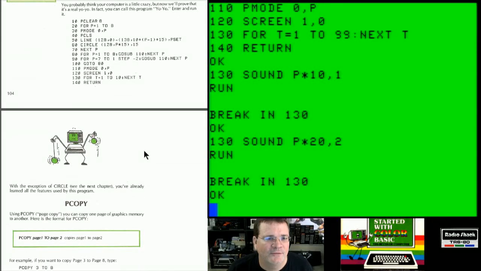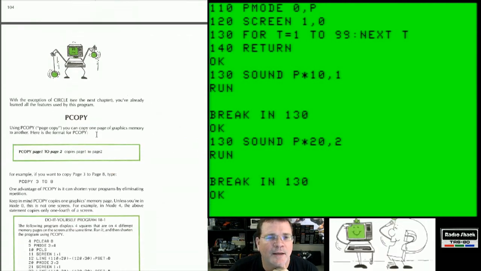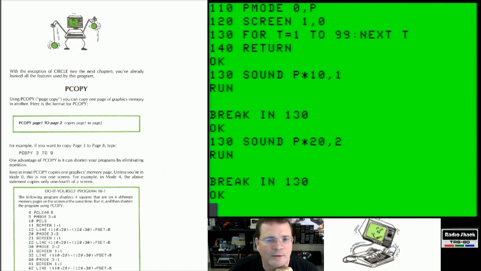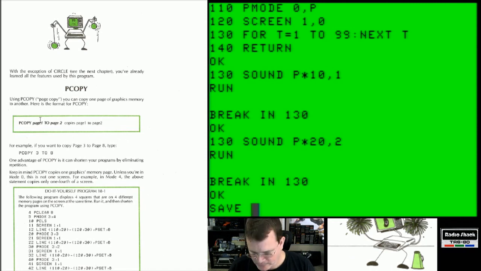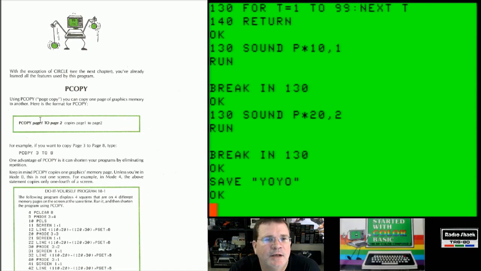With the exception of circle, which we'll see in the next chapter, you've already learned all these features in this program. Now we're going to learn about a command called PCOPY. And by the way, I'm going to go ahead and save this program as yo-yo. That's cute. All right, so we can now use the PCOPY command, which is a page copy, and you can